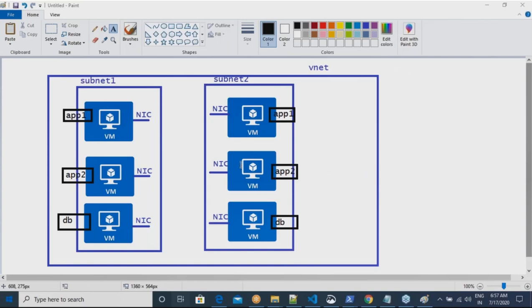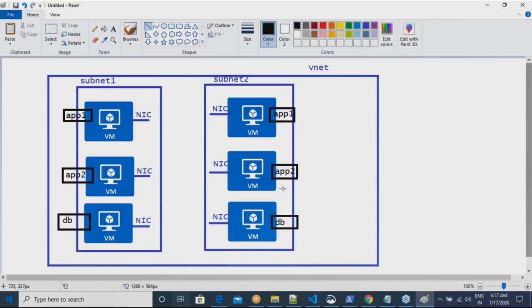You still have to write network security groups, but it is very difficult for you to find out the app 1 VM and the app 1 VM's IP address and individually write network security groups. So we can logically group them together, and then write a network security group rule.